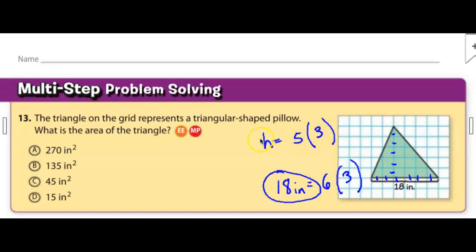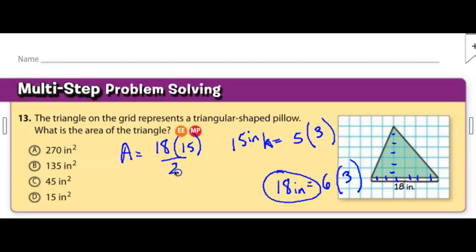Very good. The height is actually going to be 15 inches. Okay, so if we have the base is 18 and the height is 15, we can go ahead and put this into the formula. So we're going to say area is equal to the base 18 times the height 15